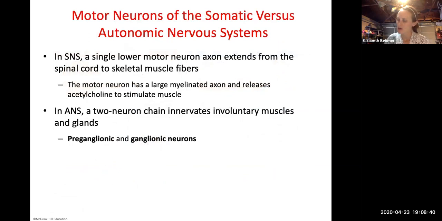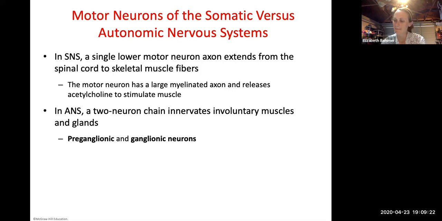Okay, so in the somatic nervous system, that first part of your notes, I just gave you a couple of blanks to write in your own notes about what the somatic nervous system is. So simply put, it's a single lower motor neuron axon that extends from the spinal cord to skeletal muscle fibers. So we're talking about the motor neurons. And the motor neuron has a large myelinated axon and releases acetylcholine to stimulate the muscle. Acetylcholine is just a type of neurotransmitter that works to stimulate muscle cells in the motor response in the somatic